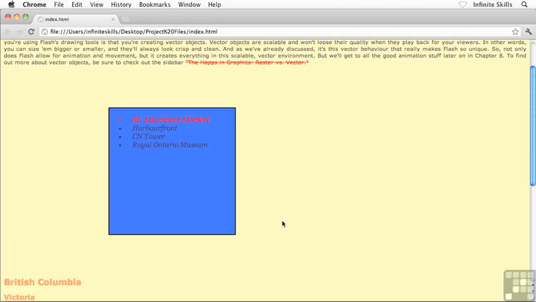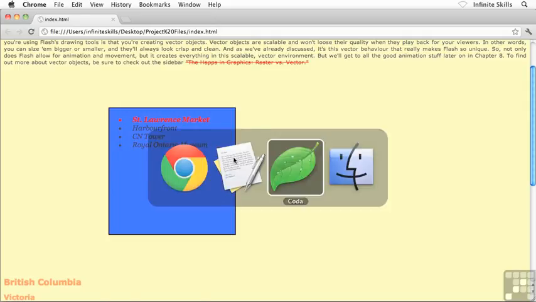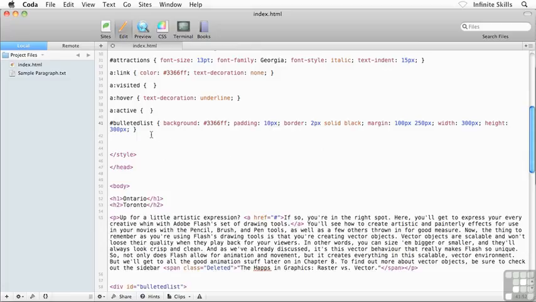All right, I've got to take a second and explain something to you here. How widths work in CSS. If I asked you how wide this object is, this blue div, what would you tell me if I flip back over to my code and if you look at my CSS? Would you tell me 300 pixels because that's the value that we have set here for the width? Well, as a matter of fact, the width on this object is